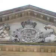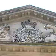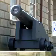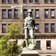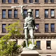In the central pediment, you'll find the royal crest, and flanking the building are two cannons. The cannon on the north is a 32-pounder and was once the noonday gun. It's believed to be from the HMS Shannon, the boat that captured the USS Chesapeake in 1813. Also at the north end of the building is the Boer War Monument, featuring a soldier signaling with his gun,